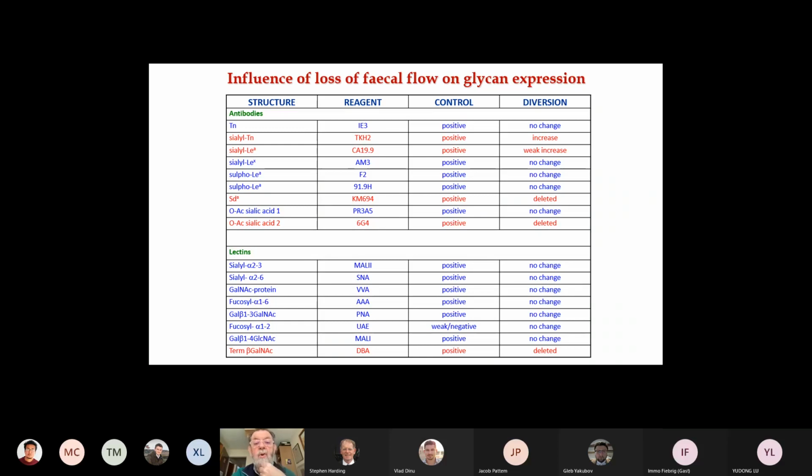All of these would normally give positive results as our control. In the diversion, in the final column on the right-hand side, you can see there is a selective response. Some of them change, some of them increase, some of them decrease, others don't change at all. Now, if we go to the next slide,